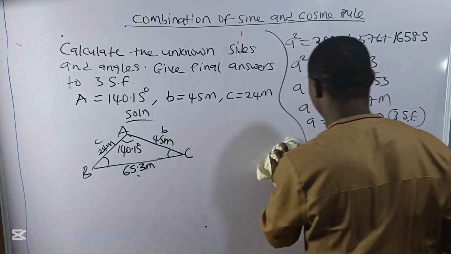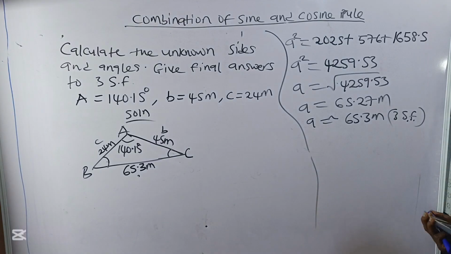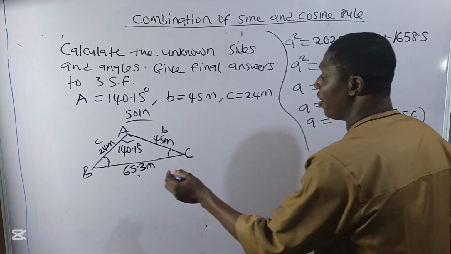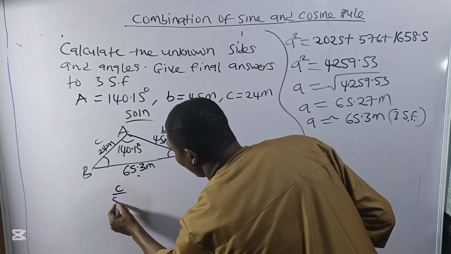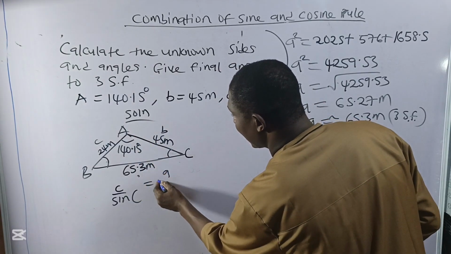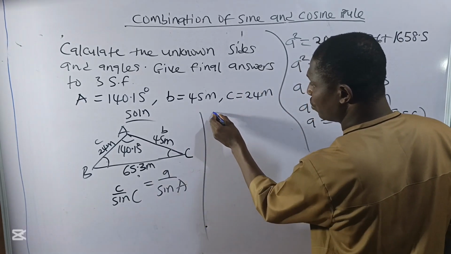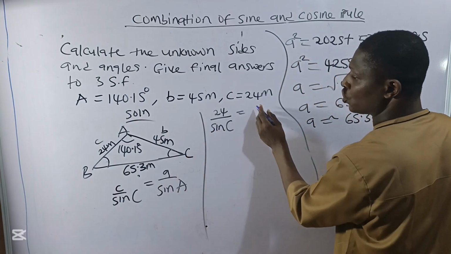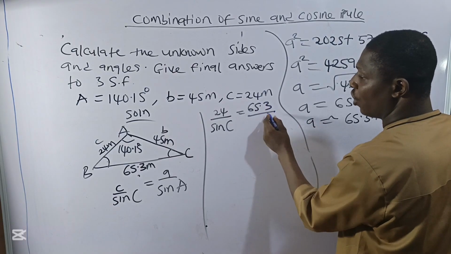So I simply fall down to my sine rule. If I'm using my sine rule and I've gotten my a and I want to get my C, without putting the complete sine rule, I already know that I'm looking for my angle C, since it's the smaller side first. I will have c over sine C equals a over sine A. And this simply will give me small letter c, which is 24, over sine of angle C, which I'm looking for, equals small letter a, which is 65.3, which we just solved for, over